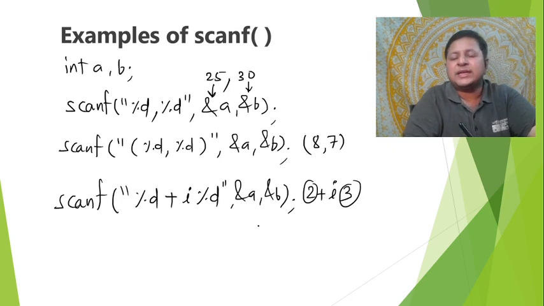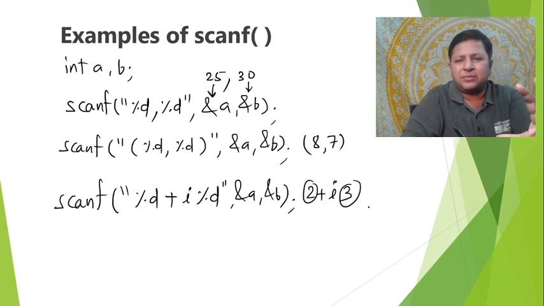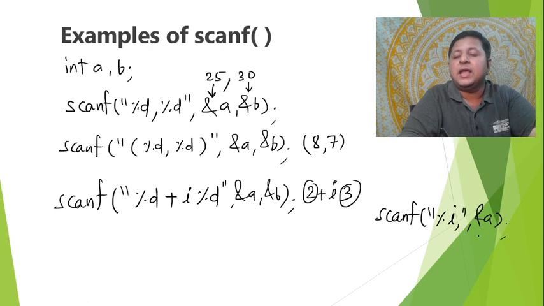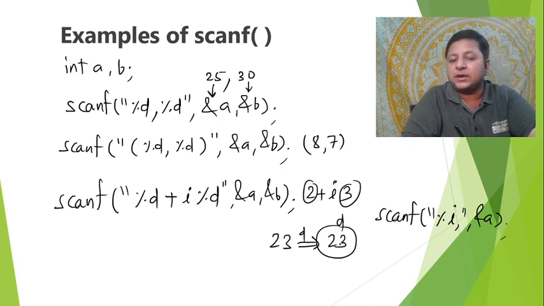Okay, maybe I'll just quickly tell you about reading also. Maybe a very simple example, just see if you can understand. Otherwise, currently you can overlook. It's not going to harm your concepts of scanf at all. Okay, it's about reading with %i. So if I do scanf %i and &a, I'm inviting all types of integer. So here, if the user gives input as 23, by default without any prefix, it is considered as what? It is considered as decimal, so it will be stored as 23. Internally, I'll always show what is the decimal part of it.